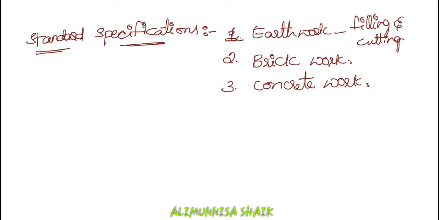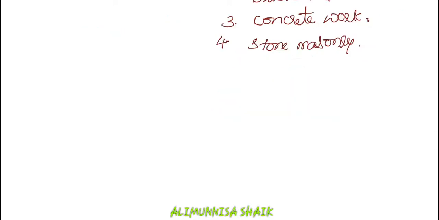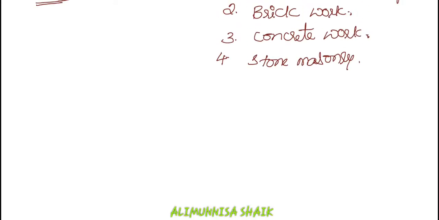So these are the three types of works that are being finished off. We have completed earthwork. The next one is your brickwork, which is also done. Concrete work is also completed. In today's class we will be dealing with stone work. The next item of work we have is stone work or stone masonry. Let me write it as masonry. Yeah, stone masonry. In our today's class we will be dealing with stone masonry. Now let us continue. Let us know about each and every item.